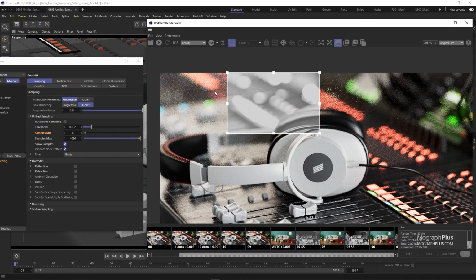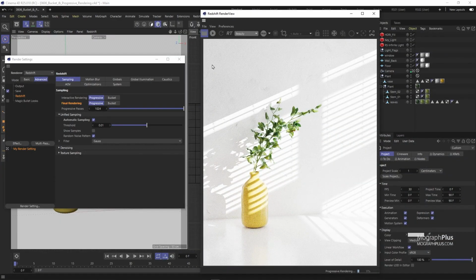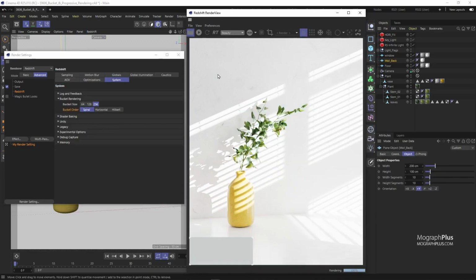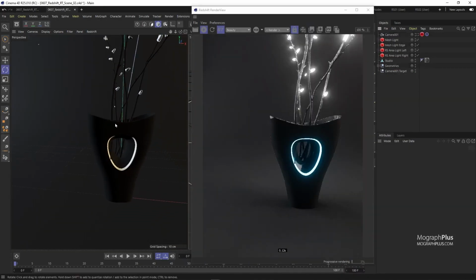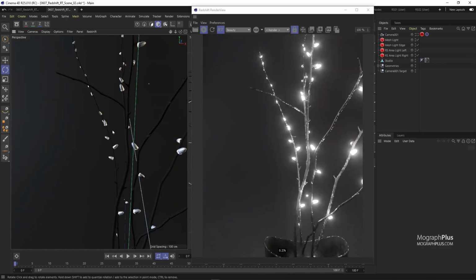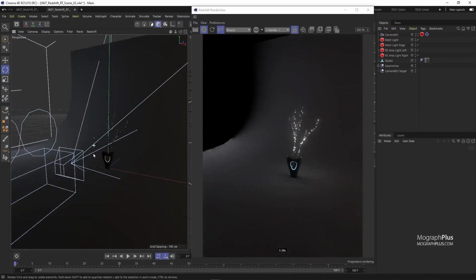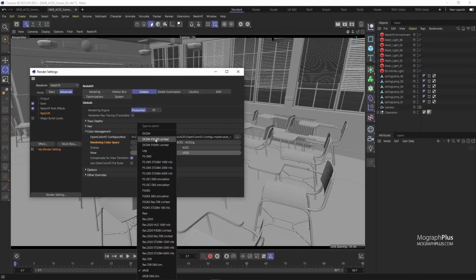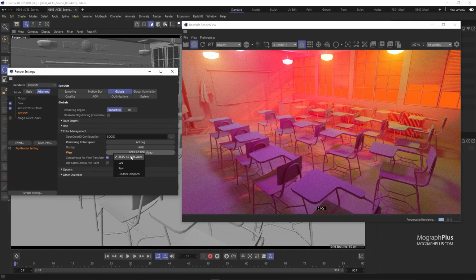After that, we'll learn about the differences between bucket and progressive rendering. Then we take a close look at Redshift RT, which is Redshift's near real-time interactive render engine. Then we talk about ACES, a system to manage color in all levels of the production. I will give you an